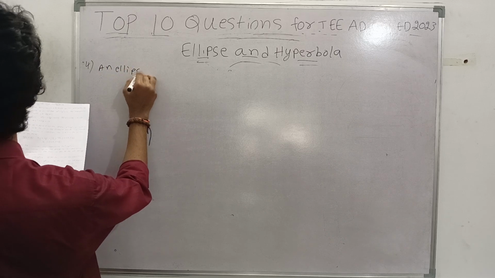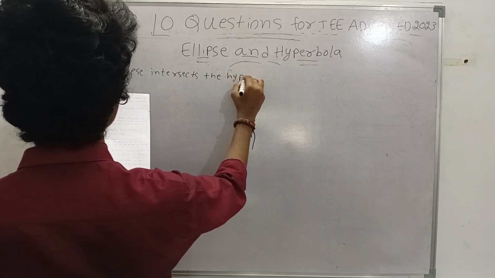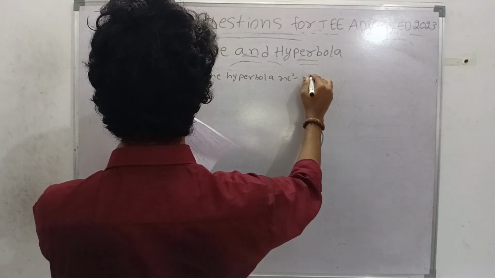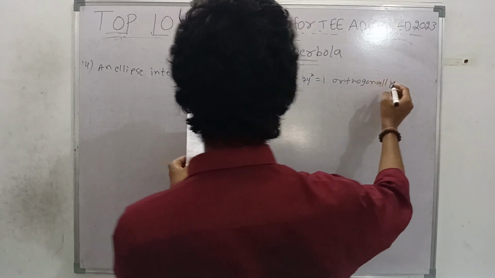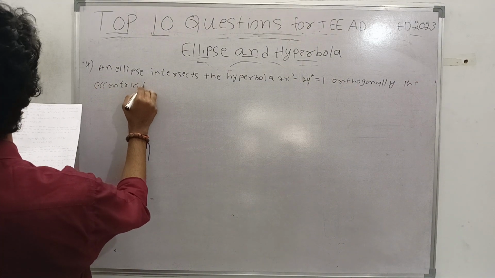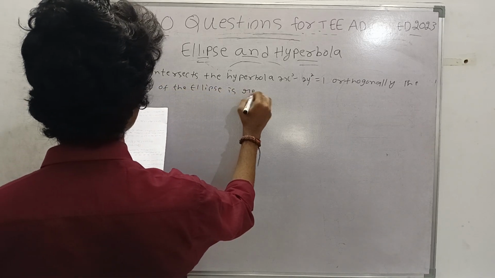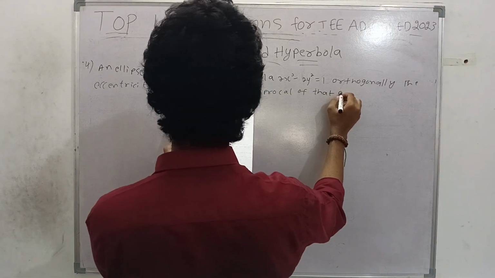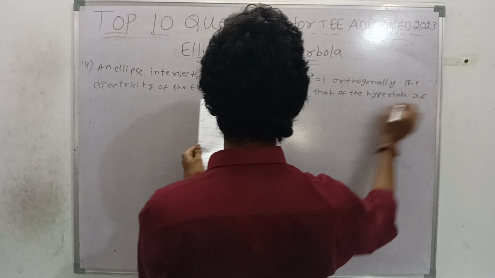An ellipse intersects the hyperbola 2x square minus 2y square equal to 1 orthogonally. Very, very important condition, orthogonality. The eccentricity of the ellipse is reciprocal of that of the hyperbola if